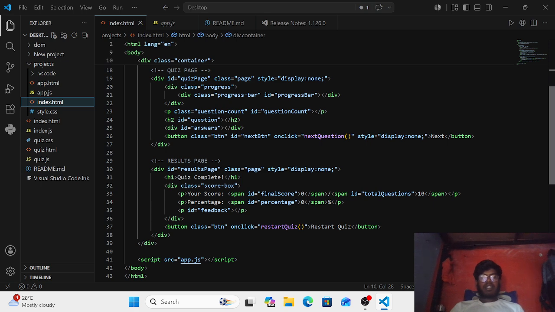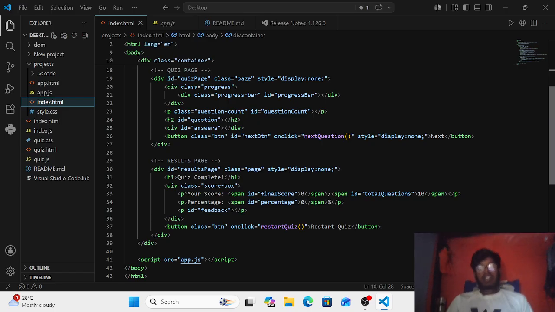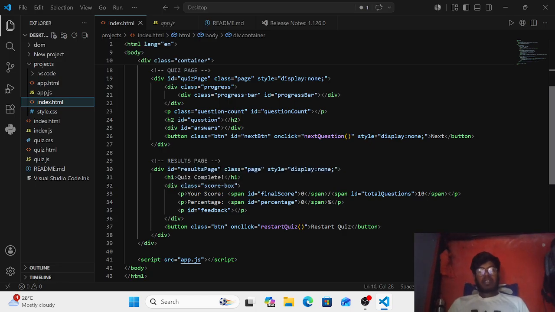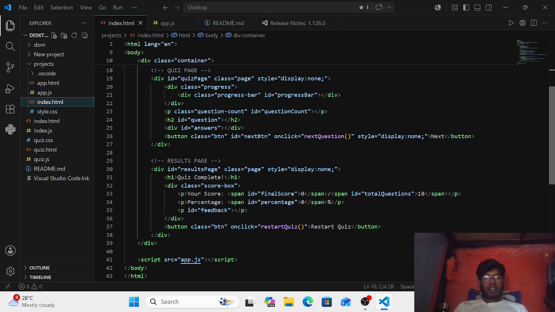For the result page I give a div, and again take a div and give the id result page and class also page and give the style display none, and then take a heading quiz complete, and we take a div for the result, class score box, and you take a p tag and give "your score" and give the span id final score,